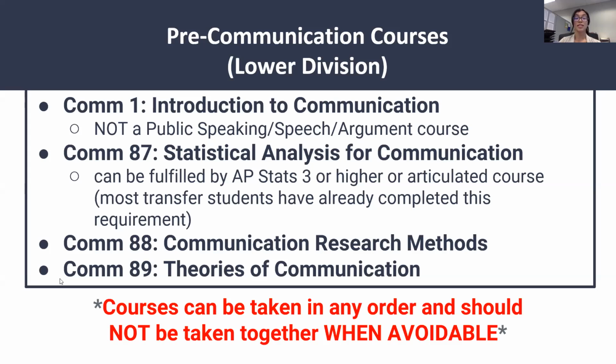There's no order in which the classes have to be taken, so we do urge students to sign up for whichever course fits best into your schedule every quarter. However, if you do want better insight into the comm major at UCSB, you're still kind of unsure of whether it's a major for you, then we do recommend the intro course Comm 1 or theories course Comm 89. If you haven't already satisfied the Comm 87 statistics requirement with an equivalent course, this is the only course that you could potentially double up with, but if possible, we say it's best not to. For any of you that do need assistance with statistics, we do have the Campus Learning Assistance Services on campus, or they also go by CLAS, which is basically like a tutoring service.